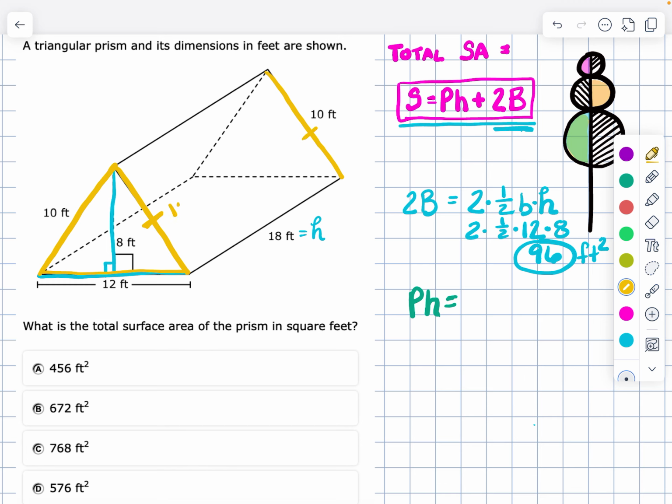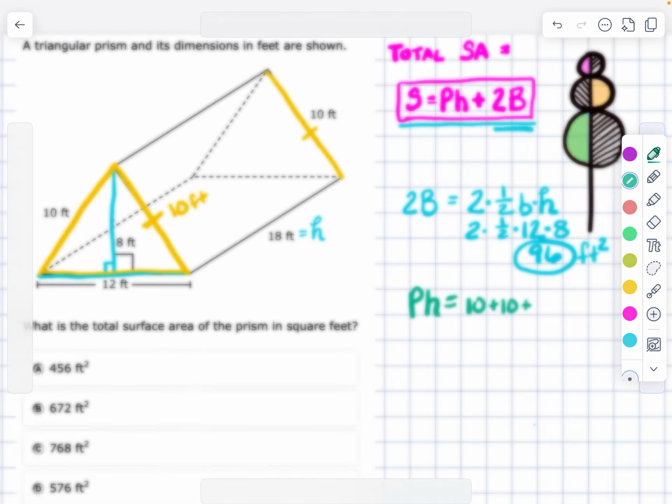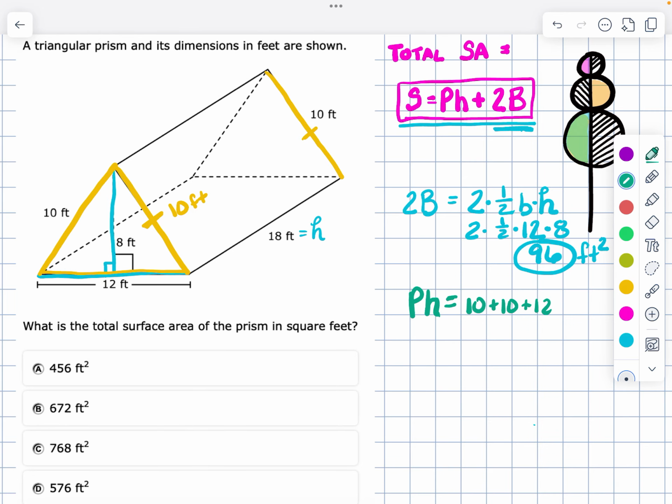So this is going to be 10 feet. Now we can add up the perimeter of the base, which is going to be 10 plus 10 plus 12, and then we're going to multiply all of that, and this is important to put those in parentheses, all of that times the height